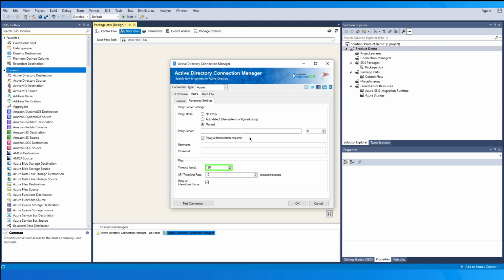The timeout option allows you to specify a timeout value in seconds for the connection. The default value is 120 seconds. The API throttling rate option allows you to restrict how many requests you want to send to Azure Active Directory per second. This rate is set to 10 and you can adjust upward from there to optimize your throughput without